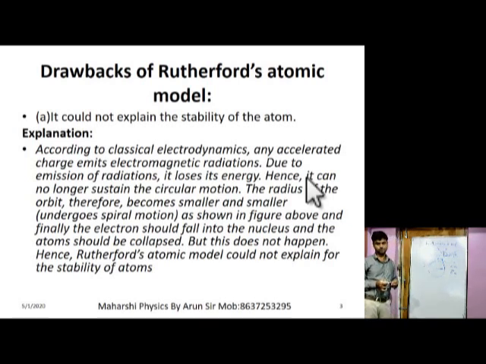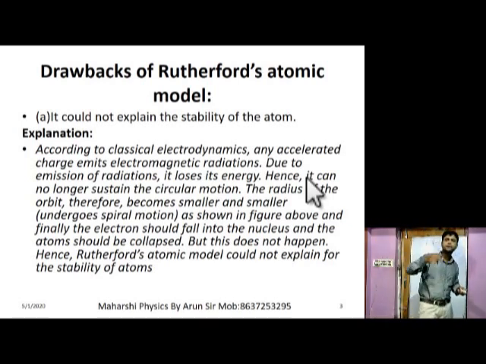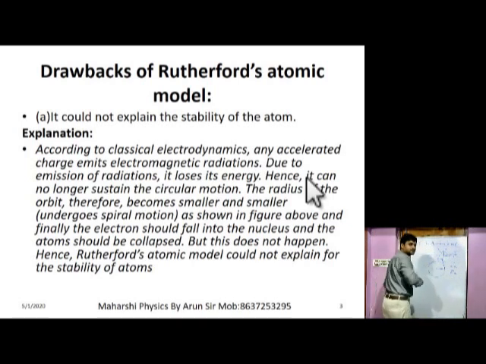Clear? Since the velocities are different at different positions, the motion of the electron is said to be accelerated motion. According to Rutherford's atomic model, the electron revolves around the nucleus in a circular path, so the motion is accelerated. And we all know that an accelerated charge radiates energy. Since the electron possesses acceleration, it would radiate energy in the form of radiation. So the energy of the electron will decrease, as a result of which the radius of the path decreases continuously,